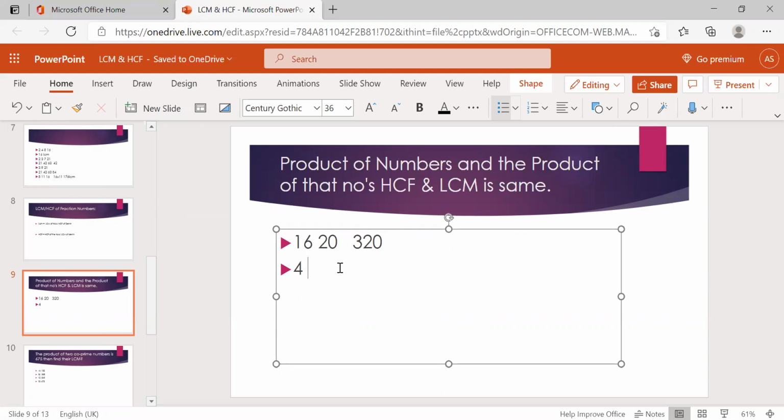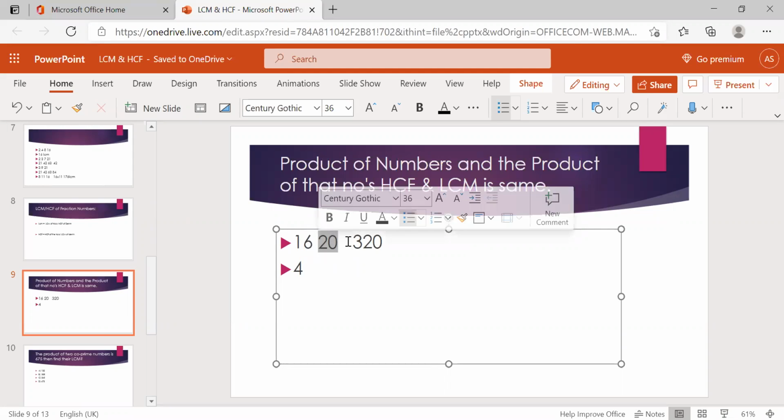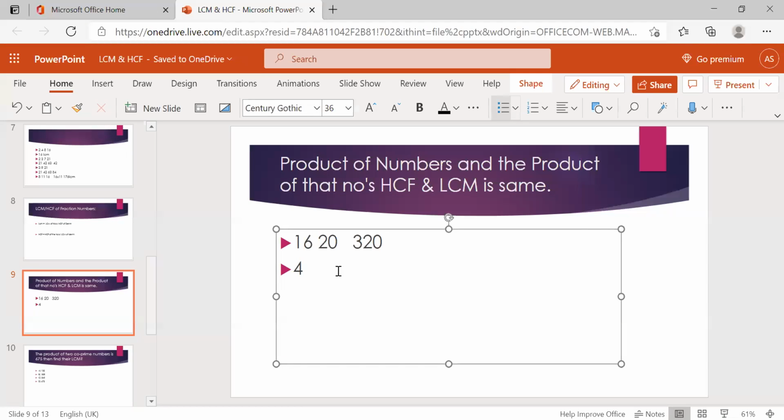And what's the LCM of 16 and 20? What's the shortcut first? Take the largest number, 20. Check: is it divisible by 16? No. Then take the multiple of 20, which is 40. 40 is also not divisible by 16. Then the next multiple, 60. 60 is also not a multiple of 16. Then the multiple of 20 is 80. 80 is divisible by 16 and 20. Then the LCM is nothing but